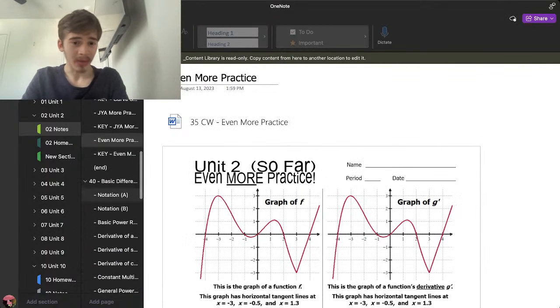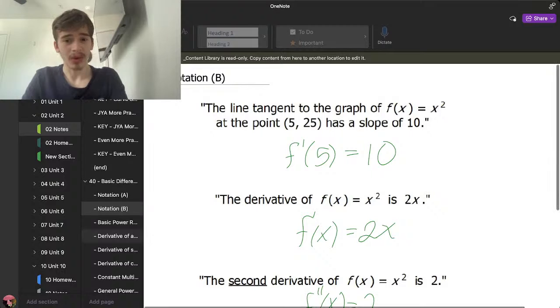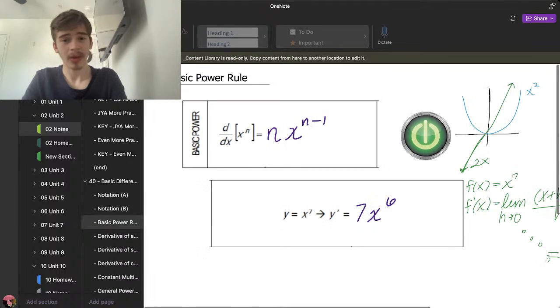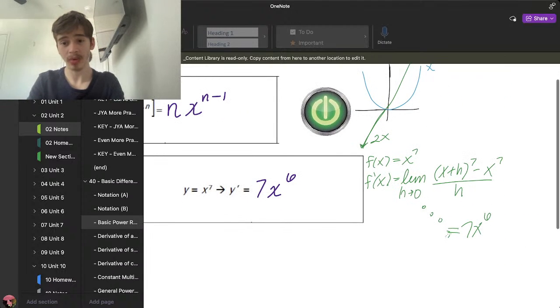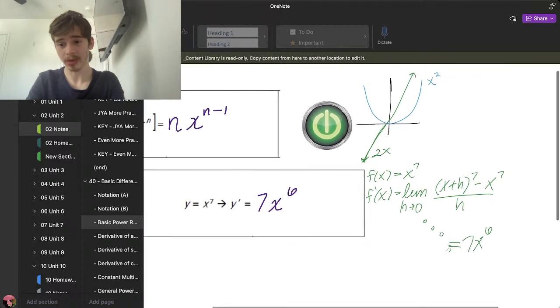Okay, this is just all practice. Why am I going over this? Okay, notation. We don't need to know this. Oh, the rules. Okay, basic power rule, guys. Drop the power, subtract 1 from the exponent. The derivative of x to the 7 is 7x to the 6. Pretty easy. Or there's the limit definition, which is kind of odd, but